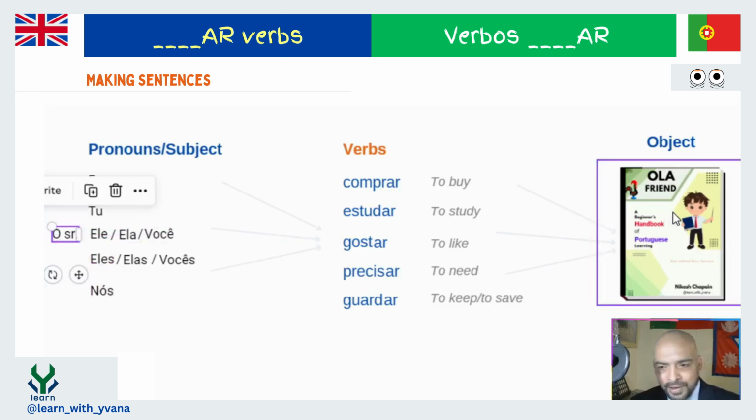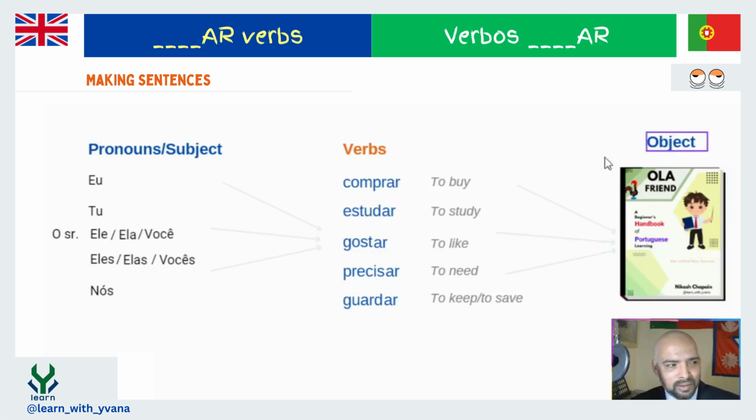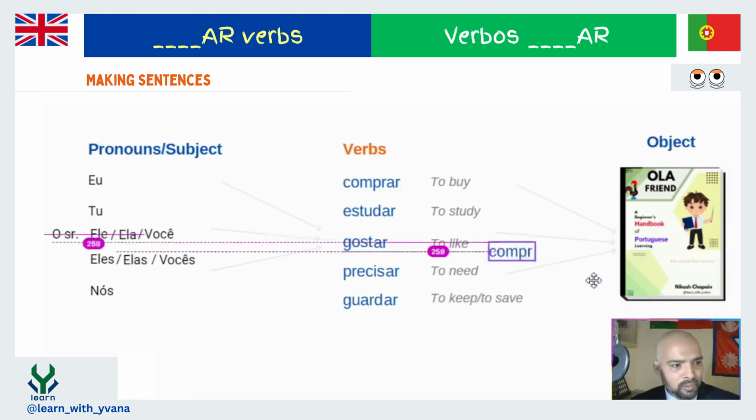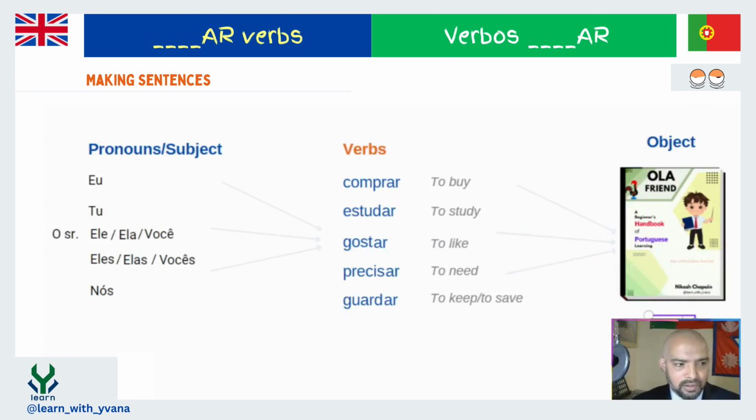And then we need an object about what we are talking. For example, here we are talking about the book, right? So what is the book in Portuguese? That's what we need to know first. For example, here the book is livro. Livro is the word for book, and this is a masculine word. So always keep the article before the noun. That will help you to identify whether it is masculine or feminine. If you see o livro, that means it is masculine. If it is feminine, we use a, right? You know it. And then we need the verbs,